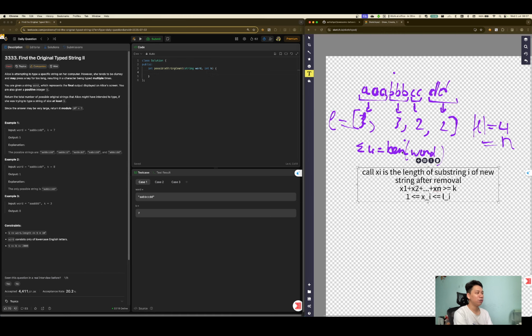We got this one. So it turns out a string problem becomes a numeric problem. All right, but how do we solve this one? It's really hard, man. Let me think. If we count, you can see the constraint, k is less than 1,000. What can we do with this? If we find the solution that is less than k, it is maybe hard, but how about we find the solution that